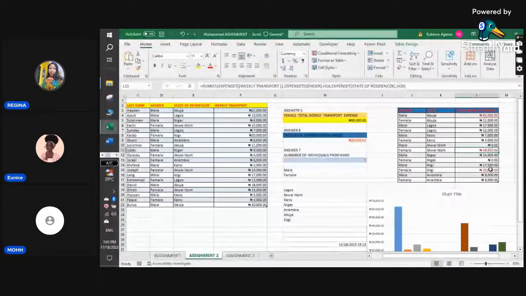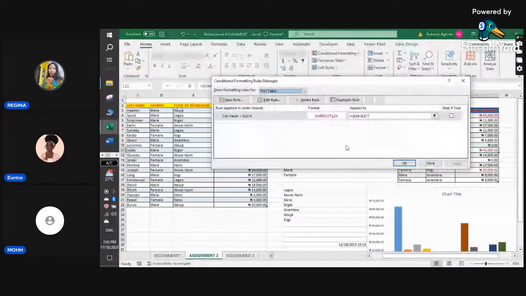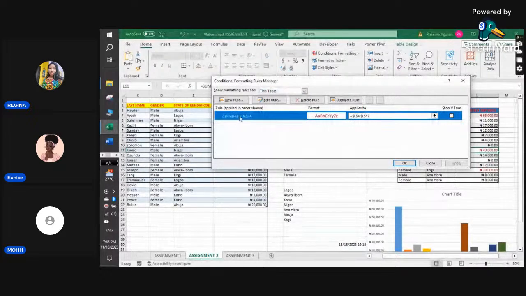So I just came to conditional formatting and manage rules, and it shows me the rule in case I want to change or edit anything. All right, so the rule applied is that if the cell is greater than L14,